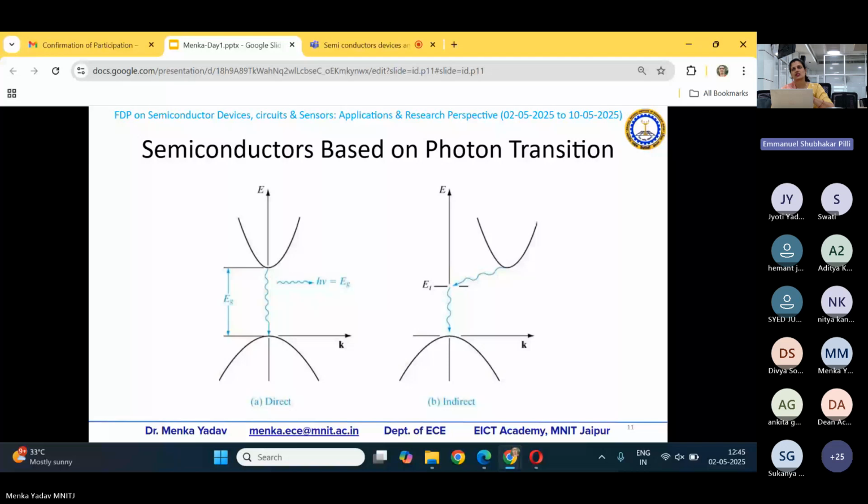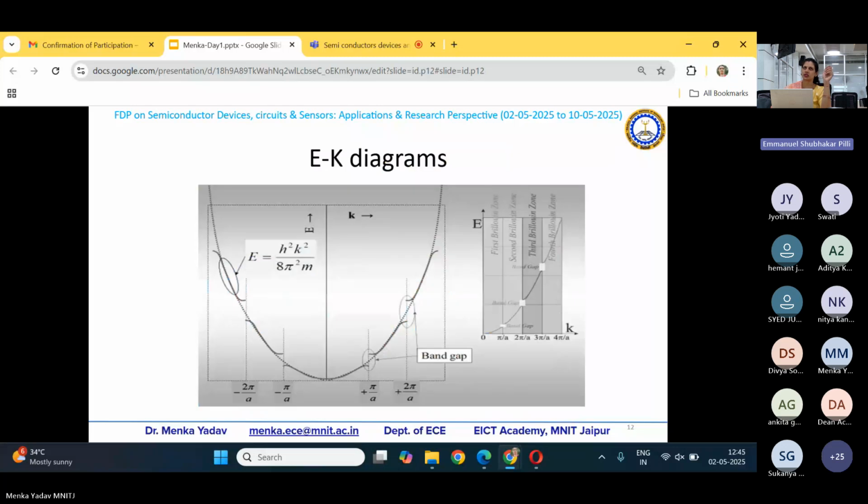But at the same time, if we talk about the indirect semiconductors, here there will be one trap position or defect position. With the help of that, the particle from here will reach the valence band. So the photon does not come directly from the conduction band to the valence band. This is the trap level. This is the defect level. So it has to come to the valence band through this defect, right? So that's the difference between the indirect and the direct band gap semiconductors. Silicon basically is an indirect band gap semiconductor.